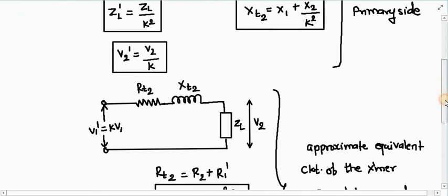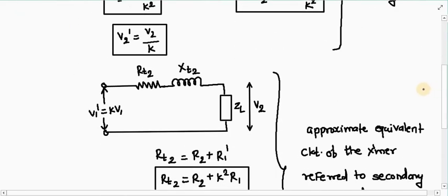So we know that the terminal voltage of a cell is always less than the EMF, right? The terminal voltage of the cell is always less than the EMF if my cell delivers current to the load. Why? Because there is some voltage drop which is caused by the internal resistance of the cell.